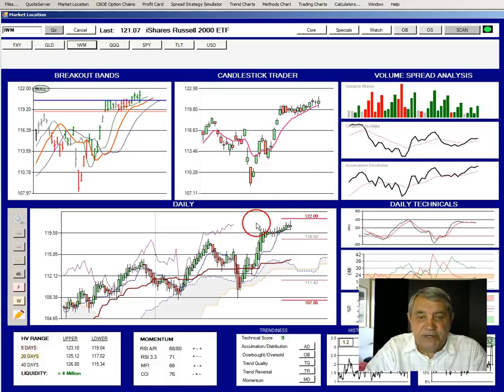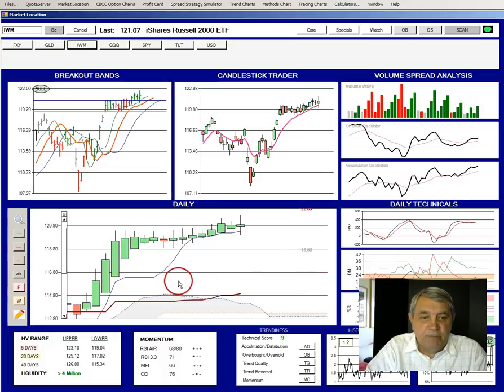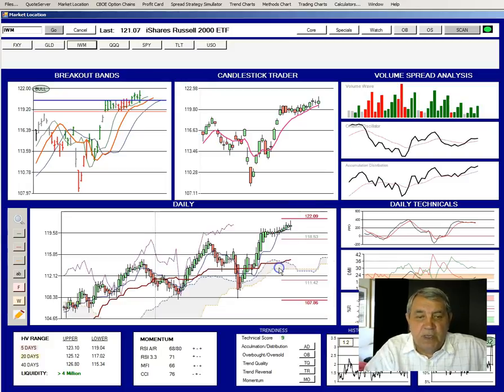The Russell 2000 is at the top of the trading range, but we can see if we zoom in that the 9-day range indicator is still heading up, as is the 26-day range indicator, drifting upwards slowly. So because the top of the range is an undesirable long trade position from our perspective at least, our look ahead for the